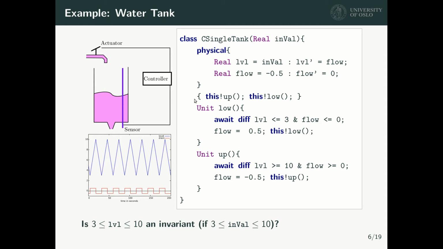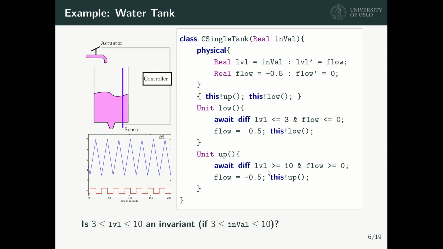Then we have an initial block, which calls two methods, up and low, where up makes sure that the tank does not overflow, and low makes sure that the tank is never empty, and by empty we mean that it never falls below 3. So how do these methods look? For example, low waits until the level falls below 3 and water is still leaking, then it adds water to the tank and calls itself, and up does the same thing except that it waits until the level is above